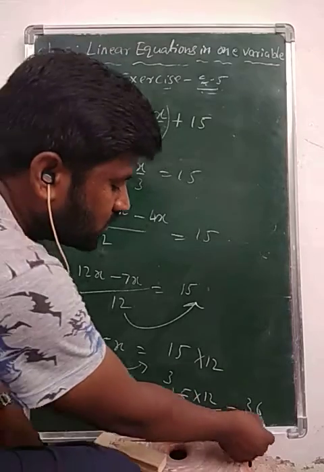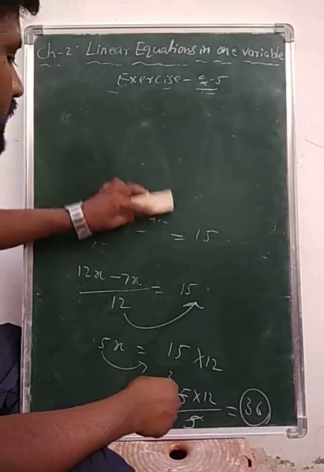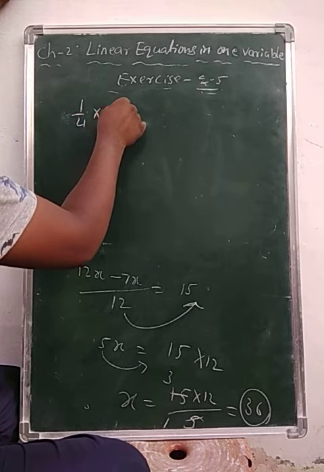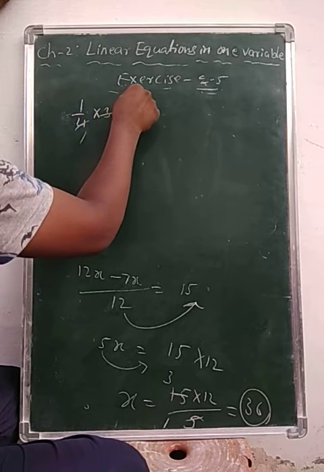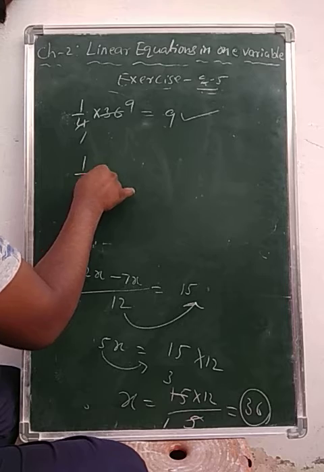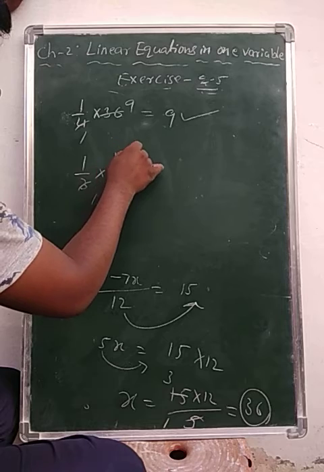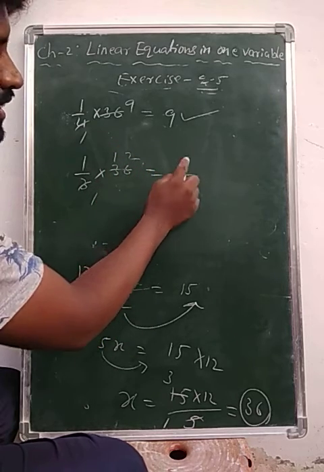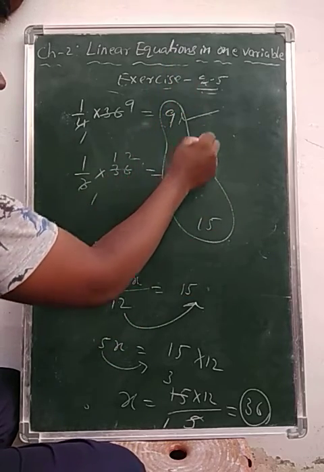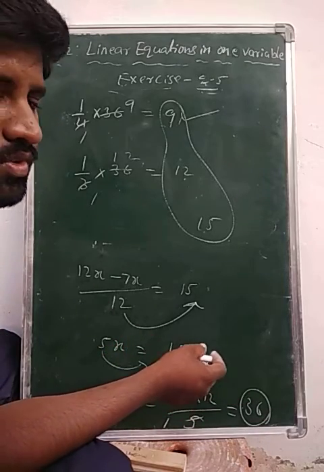And the total number of deers are what? That is 36. Let us go for the verification. According to the problem, 1/4 of deers, that is 1 by 4 into 36. 4 ones are 4, 4 nines are 36. So 9 deers went to forest, and 1/3 of the total number of deers are grazing in the field. That is 3 ones are 3, 3 twelves are 36. So 12 deers are grazing in the field, and the remaining 15 are drinking water. So that is 9 plus 12 plus 15, that is equals to 36. So this is the required answer for this question. Okay.